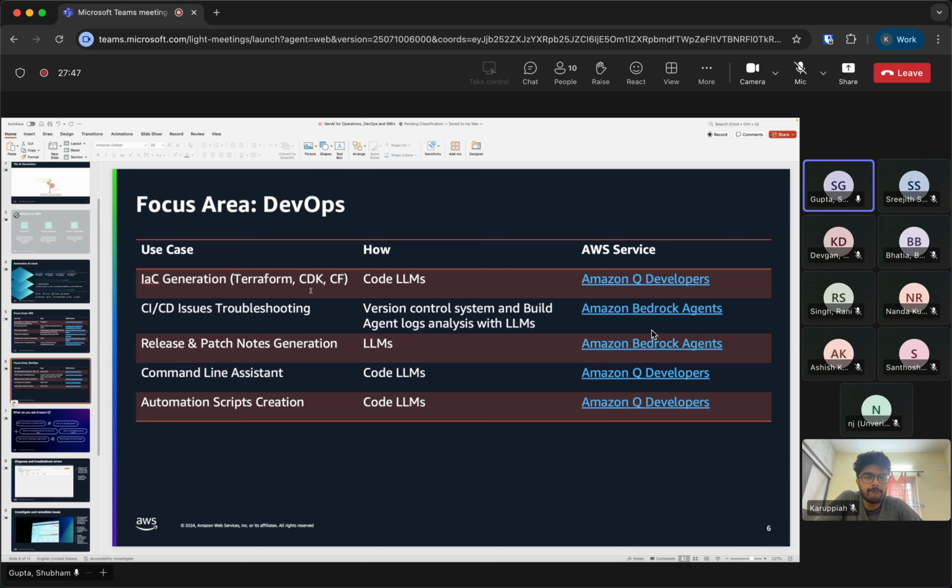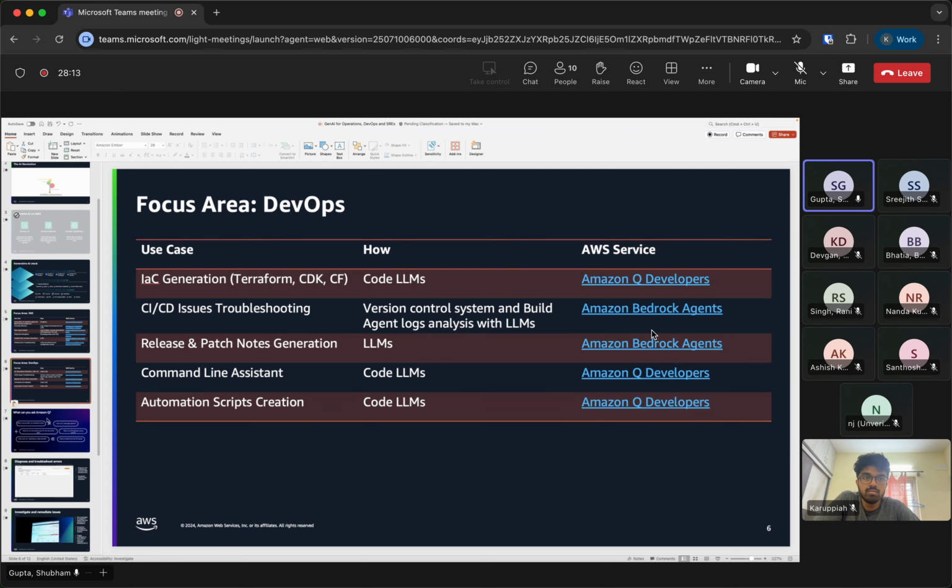Also, it specializes in open source software. So if you are using any open source service, or if you are using AWS services, there is no other LLM model or tool which knows these better than Q Developer. So that's the main advantage if you are on the AWS infrastructure, interacting with it. Again, this becomes quite easy for you to manage.